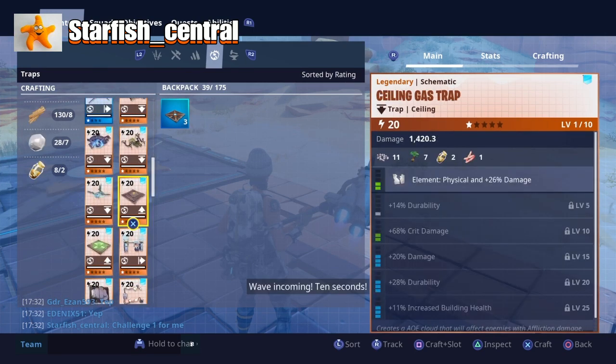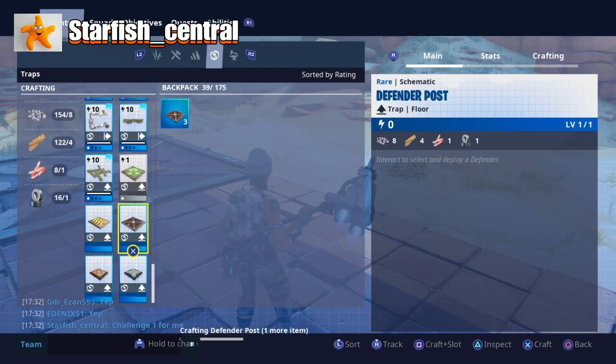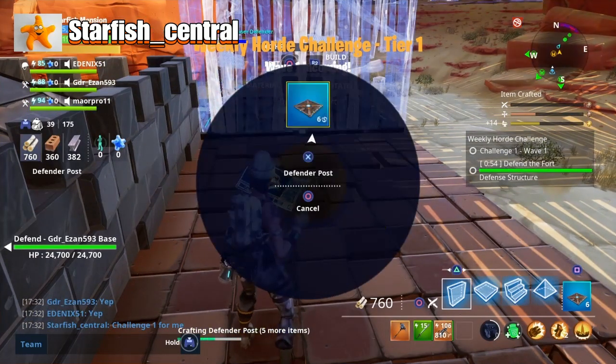Wave incoming! 10 seconds! I'd better craft a few more defender posts as well. So you use 2 or 3. And sometimes they actually get destroyed by the husks as well, so...